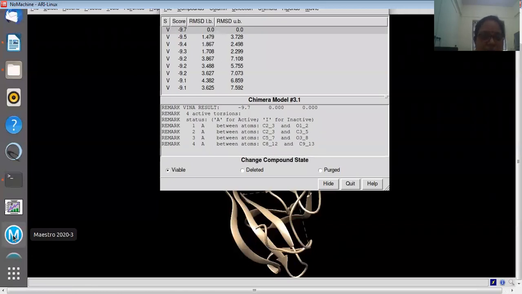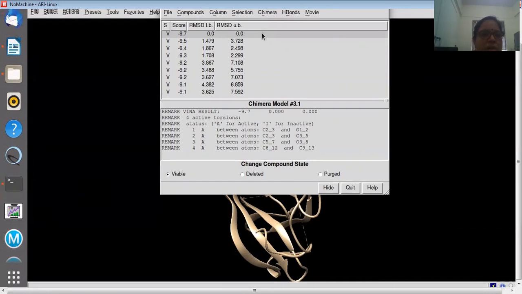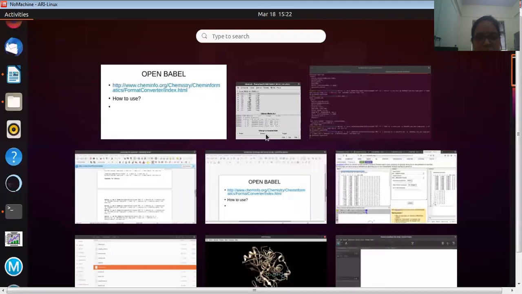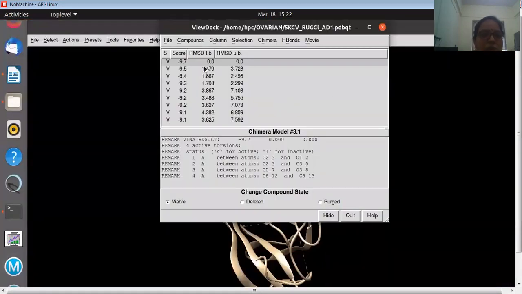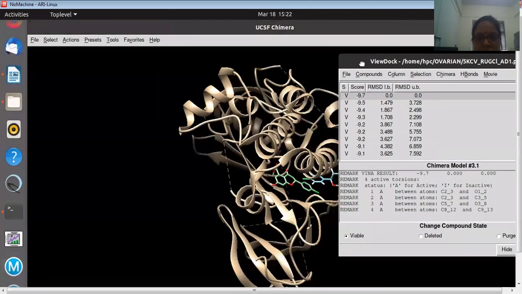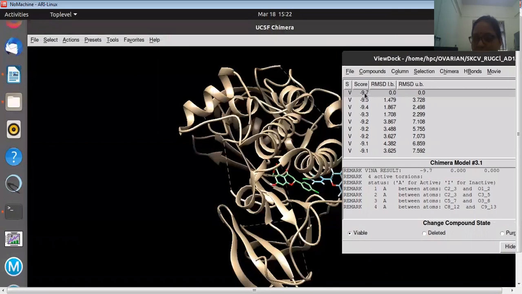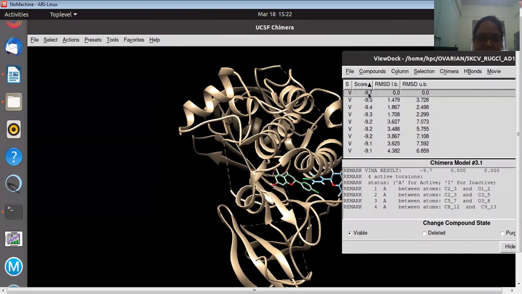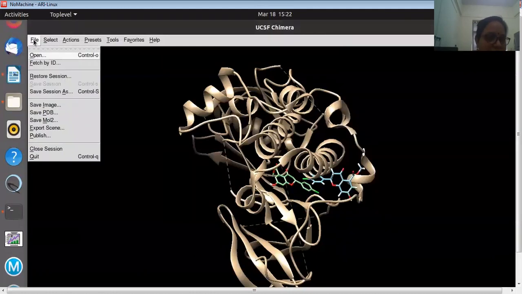Okay, yeah, today it is fast. So instead of doing this, it is telling you the score. Okay, I will bring it back, so my time will be saved. Yeah. You see now it is the score minus 9.7, which is a pretty good score. If you click at the bottom, it will show you different poses, where the ligands are. So I will choose the best, the top score. Okay, so this is the top score which I will select. Okay, now important step, please follow that.